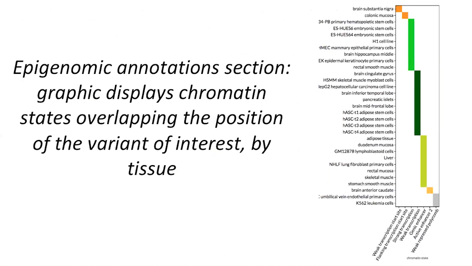So I apologize, it's a little bit small, but this one graphic shows the chromatin states that overlap this variant by tissue, and they're color-coded, and the names are listed at the bottom here. So for example, this little orange box at the bottom shows that this variant is in the region of an active enhancer 2 in, for